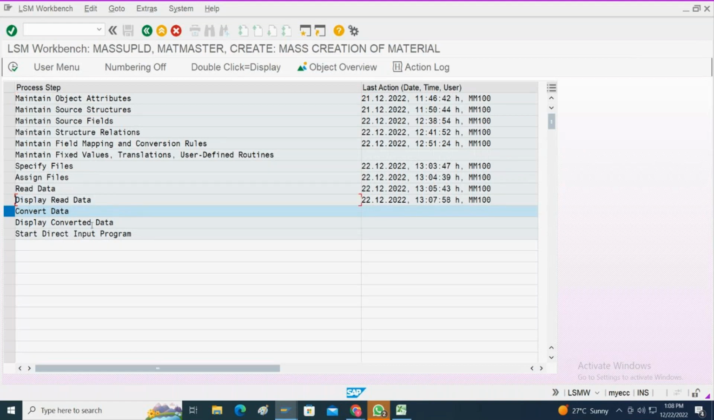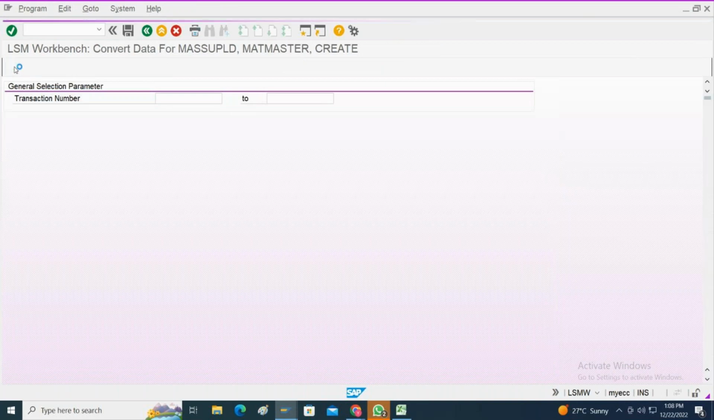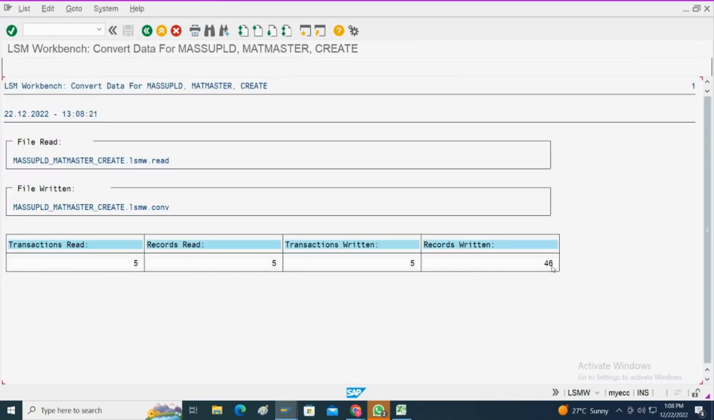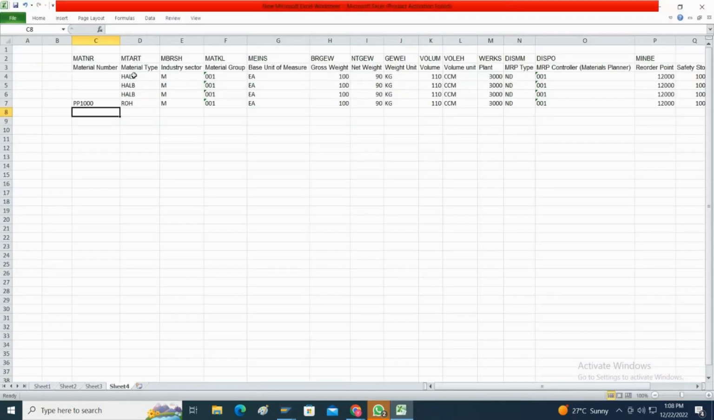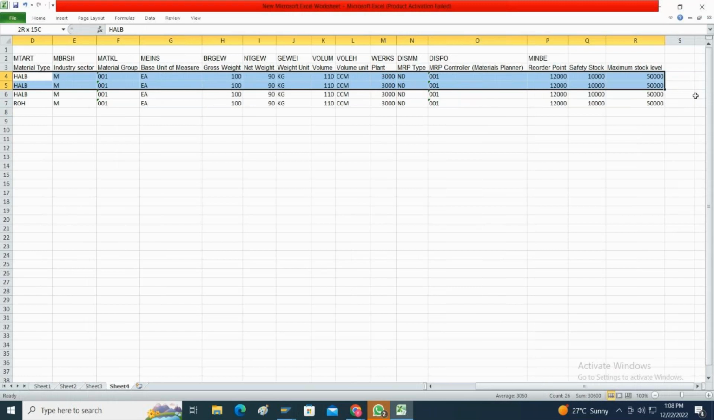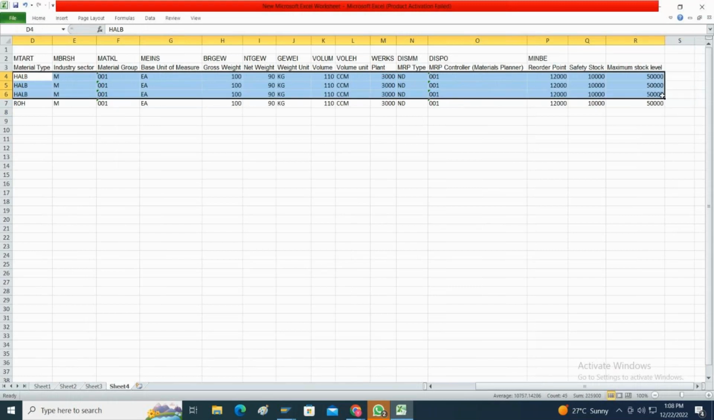Now you want to convert that data, right, into a material master. So you need to execute convert data, execute. So the data records converted are 5. Transactions read 5, records read 5, transactions written 5, data records written 46. Why has it taken 46? I think all including this it may be 46. Yeah, 46 or 45,